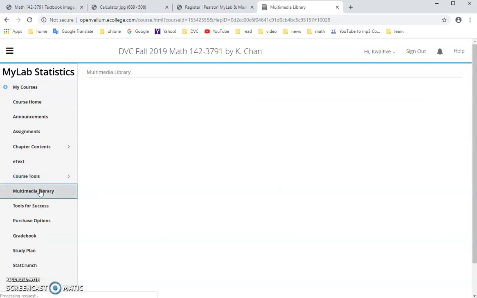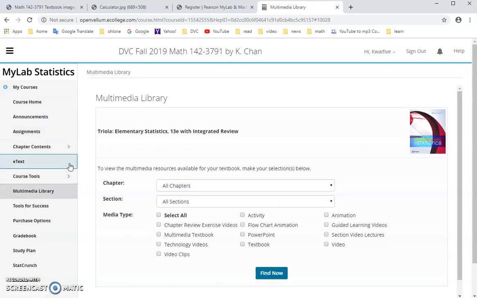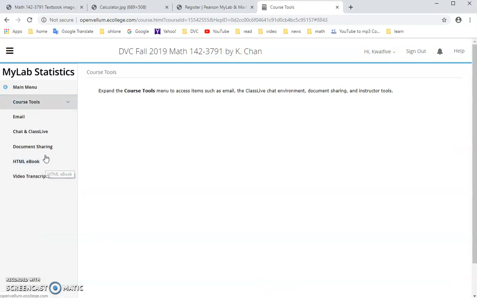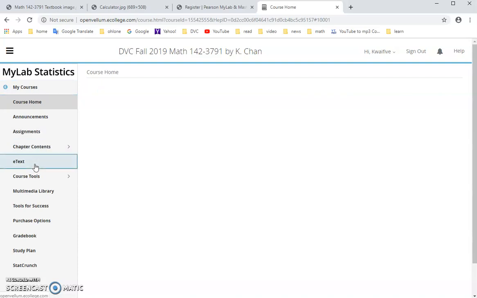They also have a multimedia library that has some videos that you can watch. They're not recorded by me. They're provided from an HTML ebook. You can do e-text here. I think the difference between chapter content and e-text is that one of them is an HTML version, the other is